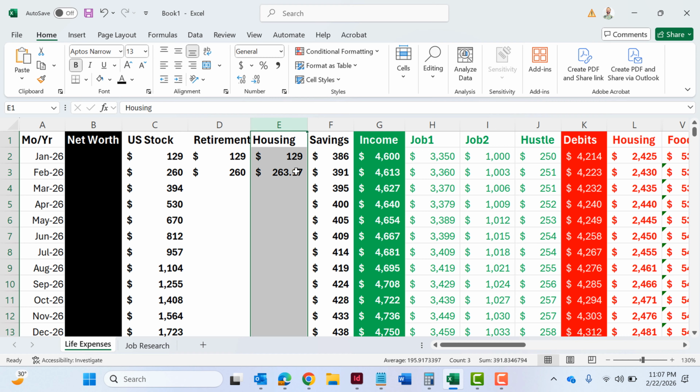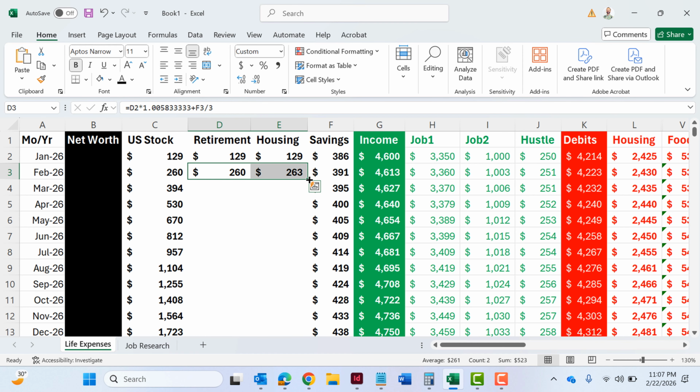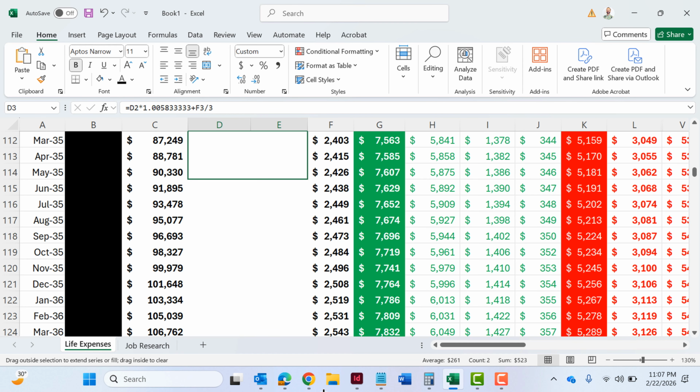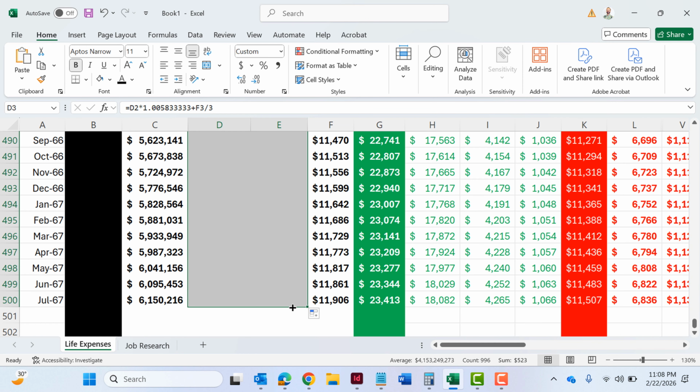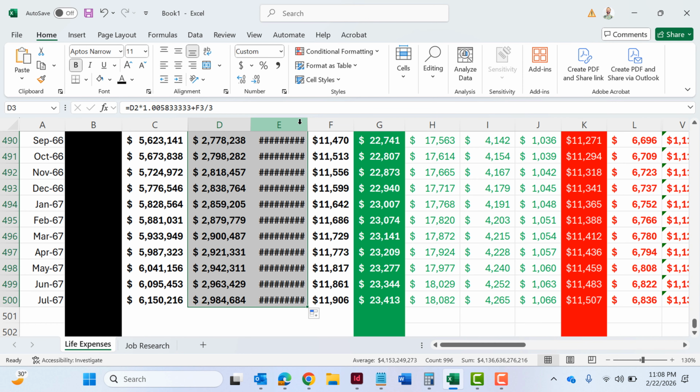Now we see we have decimals here we want to get rid of, so select that whole housing category, select dollar amount, get rid of your decimals. It keeps the decimal amount, just doesn't show it. And we're going to pull these 2 down. Obviously, stocks can grow the fastest at 10%. Retirement will be next, and then housing will be last. And we see that